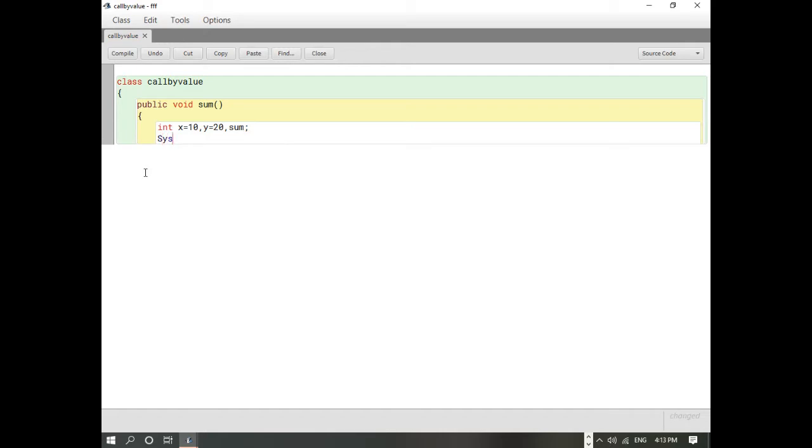So now first I'm going to print the values of this variable. So these are the original values.